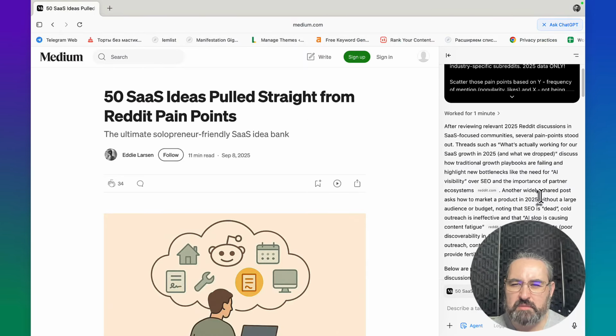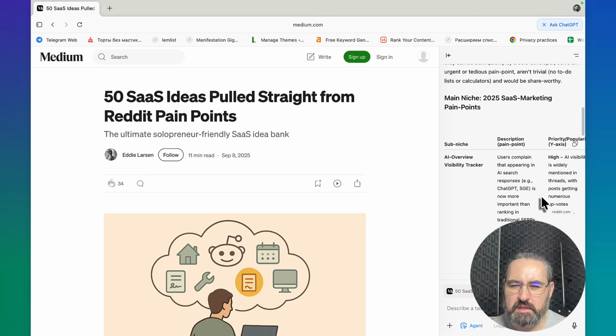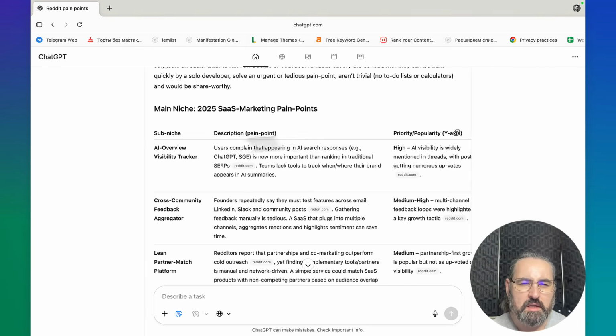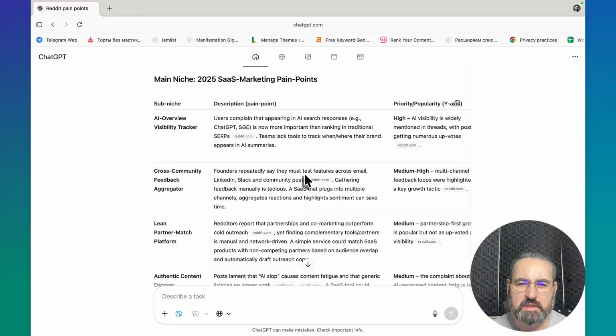After reviewing relevant 2025 Reddit discussions, several pain points stood out. Okay, let's see. Yeah, thank you. So the first sub niche is AI Overview Visibility Tracker. Users complain that appearing in AI search responses is now more important than ranking traditional SERPs. Well, this is important for SaaS businesses, where SaaS businesses are essentially micro brands, but still